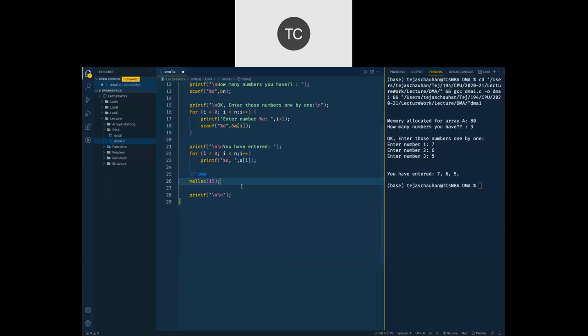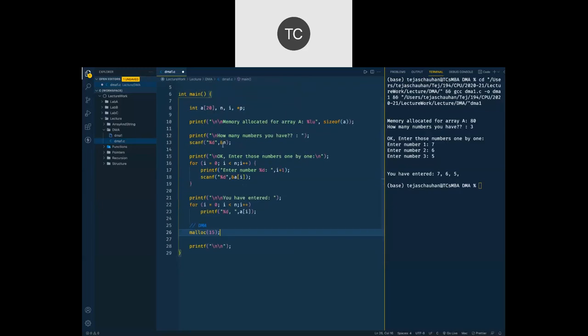And at runtime, now we are aware of how many numbers the user is going to store there. So the user has already given us the numbers. How many numbers does he have? So he has n numbers.